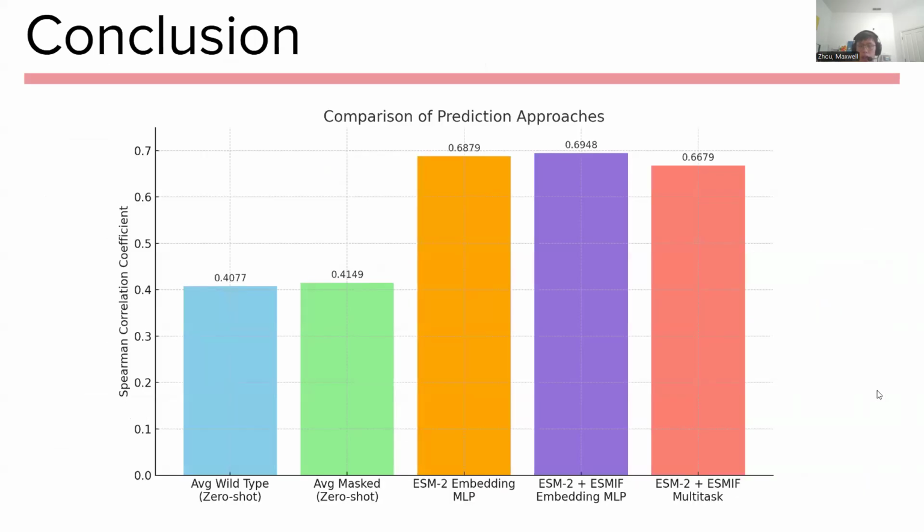You can see here our numbers for accuracies: ESM2 embeddings, ESM2 and ESM-if embeddings, and the multitask predictor all have generally around the same Spearman correlation, which means that despite adding more information, it neither hurt nor helped our accuracy in any significant way. However, it did provide more context and information without harming the models, which I think is a pretty good thing. That was my project